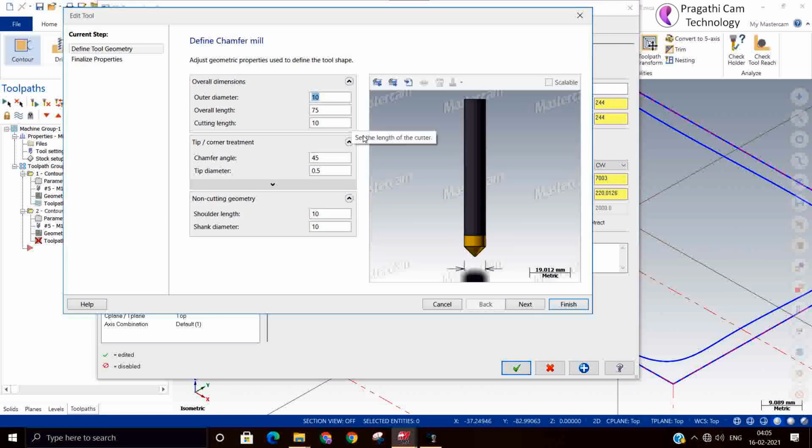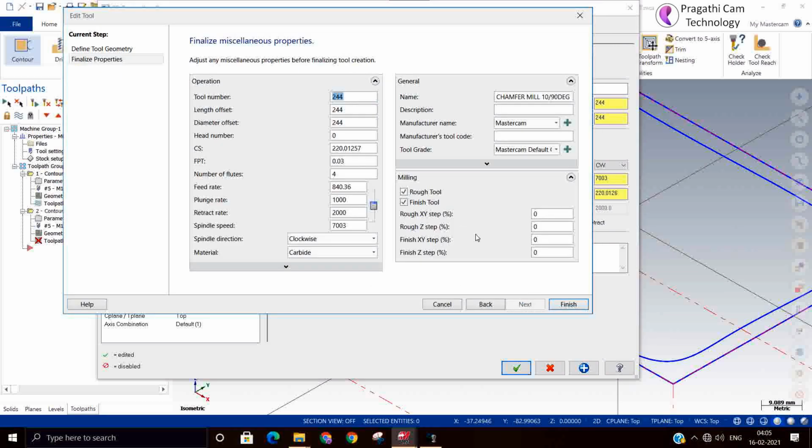With that tool number you can change it, and you can modify the parameters which are needed. Feed given 100. Plunge rate I made 500.